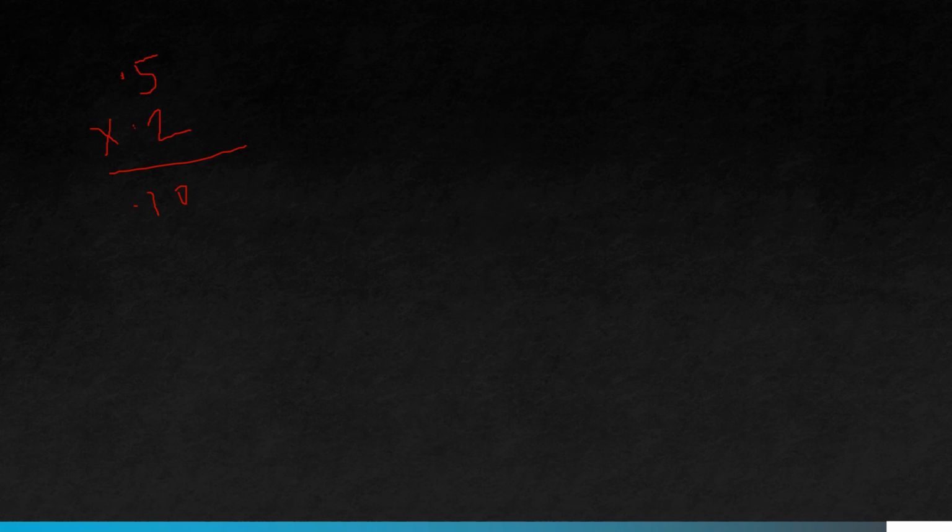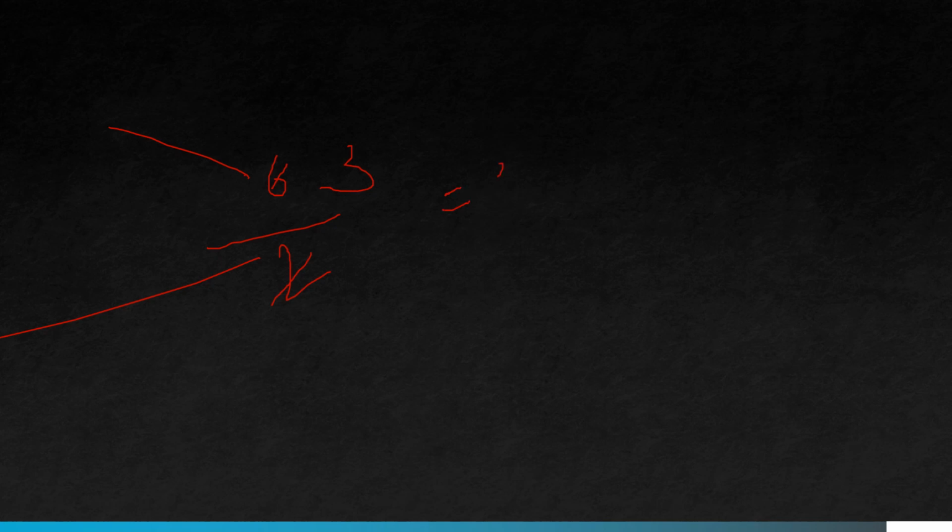This is an example of the multiplication. Now let's say division, how you can perform the division. Let's say you have 1.6 and you have to divide this by 0.2. So what you can do is remove the point from both, right? And 2 times 3 is 6, so the answer will be 3. Okay, this is how you can do the division. Now let me take some more complex examples. This was a very simple example, right?